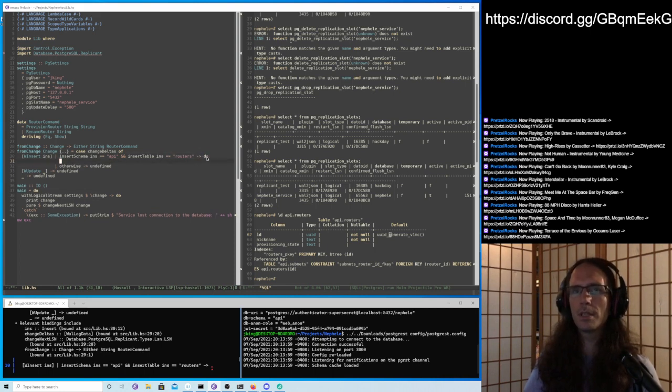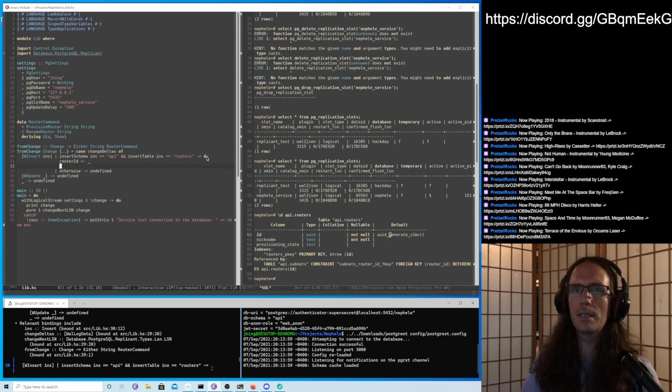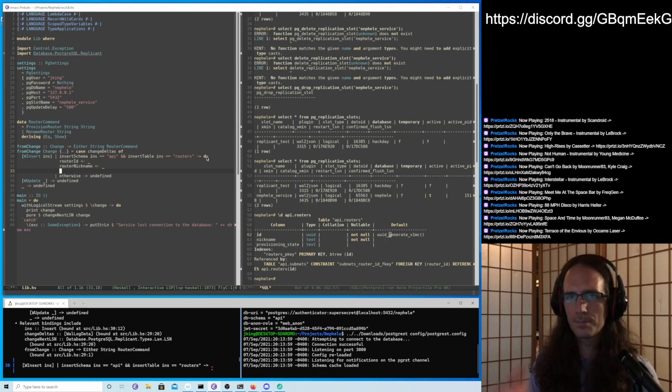So we could use do notation here in our either case. We're going to get the ID column out and the name column, something like that, and router nickname. Some kind of action is going to go in there to get those out.